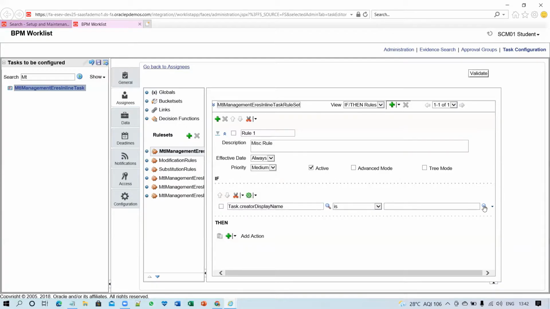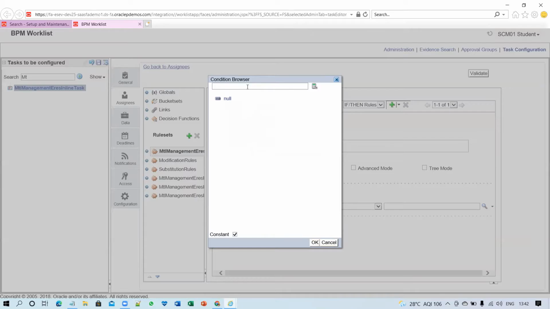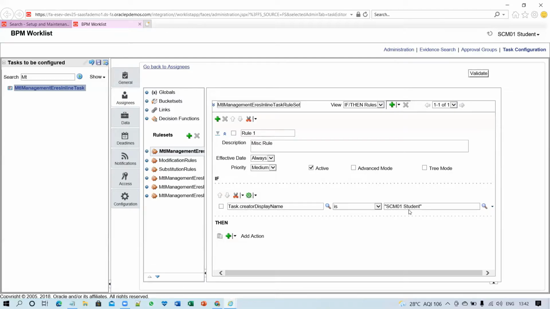You have to click on search and enable the constant, then type SCM01 student. Once you click on that, you have to click on OK. Now you can see that I have set it up so that if the creator display name is this, then what action needs to be performed.